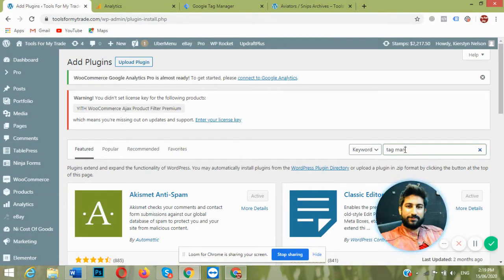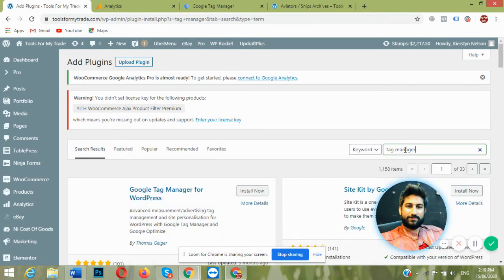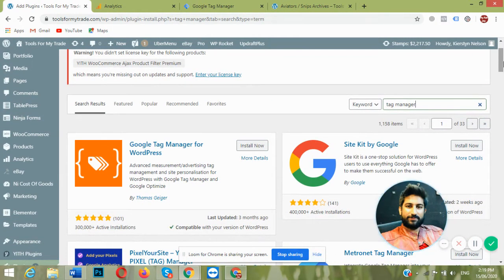The plugin is a Tag Manager plugin. With this Tag Manager plugin, we also enable our data layer values. With this plugin we can track our orders, add to cart events, and checkout events.